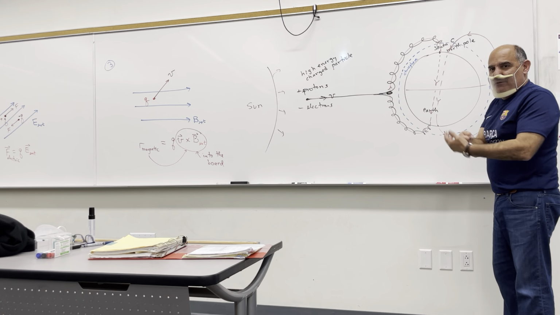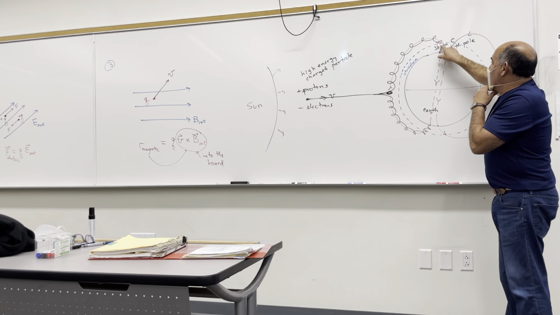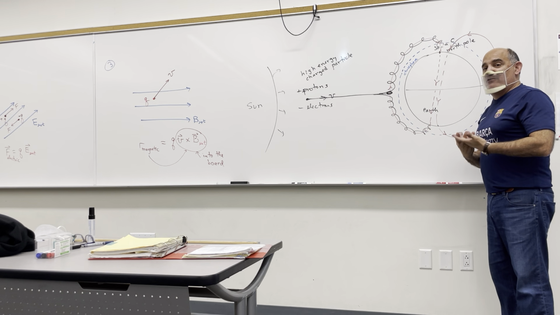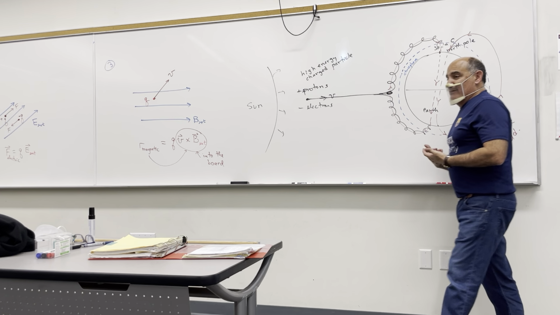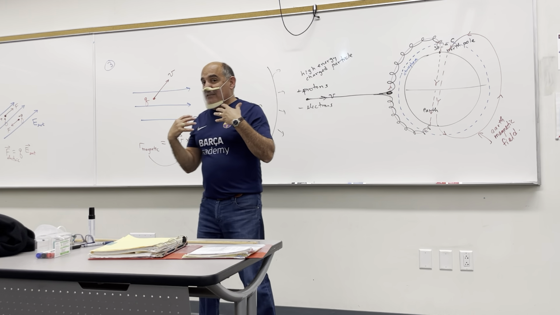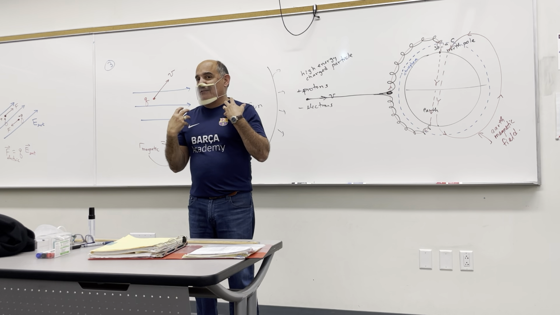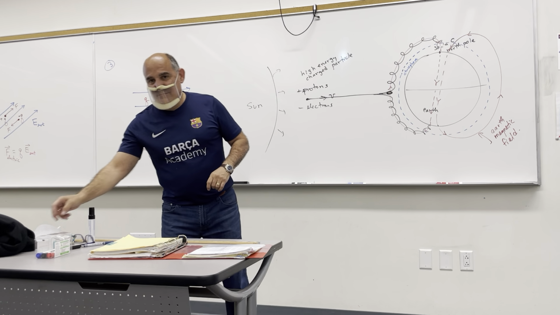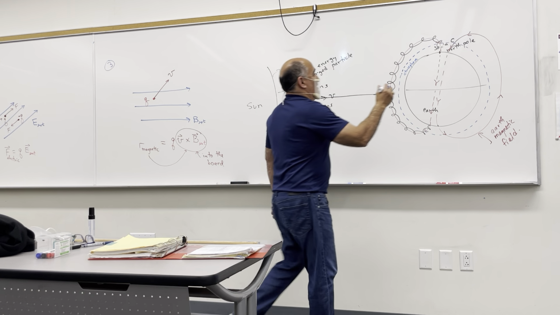What happens when these charged particles then enter the Earth's atmosphere? Then, boom, boom, boom. They collide with the molecules and atoms that make up the Earth's atmosphere, exciting those molecules to higher energy levels. And if those molecules don't get hit soon afterwards, they relax back to their lower energy states. And the energy that they received in the collision now gets emitted as light. And so there's a light display